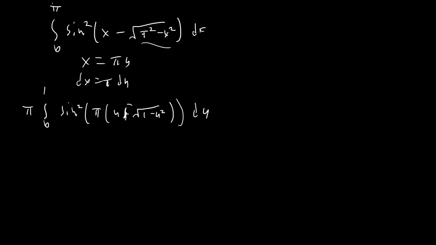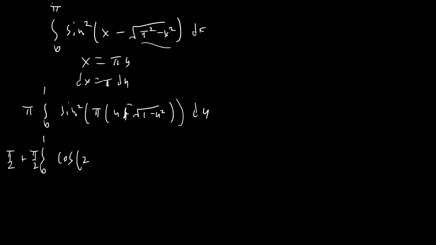This is all du. Next, we don't like sine squared. I'm just going to go ahead and power reduce right now. So we're going to end up with pi times the integral from 0 to 1 of 1/2 plus 1/2 cosine, and so on. So this part, 1/2, when we integrate it, we're just going to get 1/2, right? So I can bring that all the way outside. We're going to get pi over 2 plus pi over 2 times the integral of